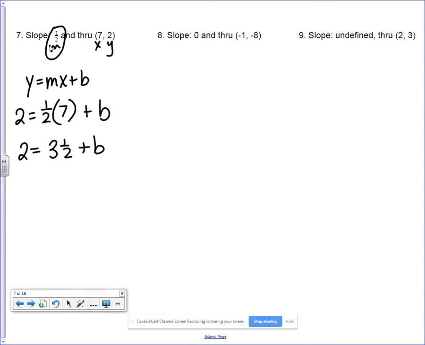Folks, is it okay for that to be written as 3.5? It's not a slope, is it? No, so that's fine. You could also write it as 3.5 if you want. That's okay. How do I solve for the b? So b is,